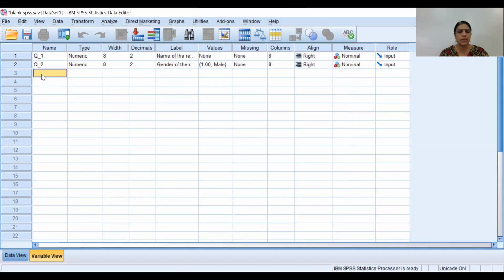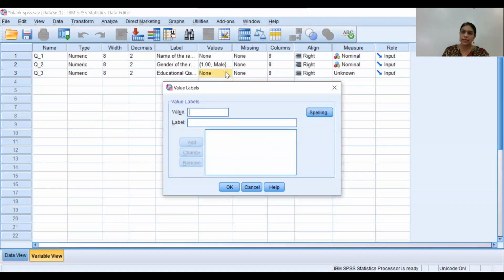Now question number 3. I am interested in knowing the educational qualification of the respondent. This I am also keeping as a categorical question.